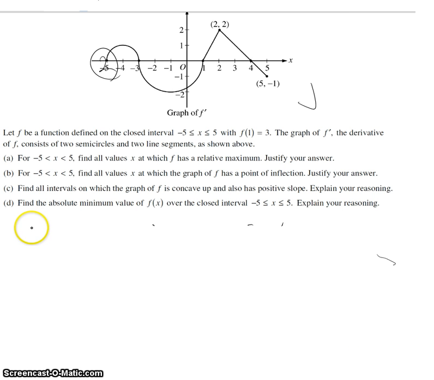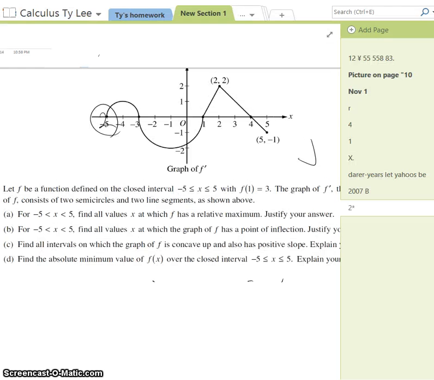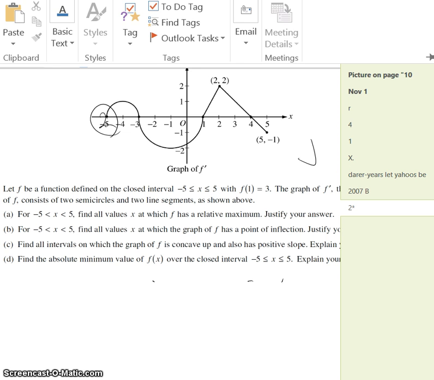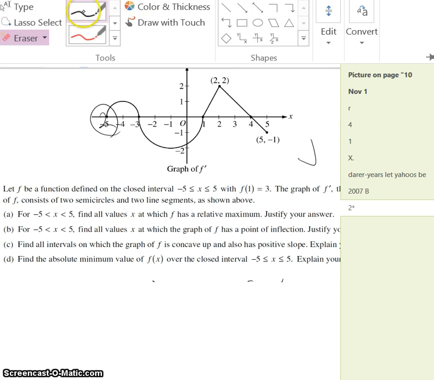meaning whenever they ask me about a relative maximum or minimum, I get to think about an x squared graph that has a minimum, and when you flip it over, you're going to have a mountain, which is negative x squared, and that has a relative maximum at x equals 0, right? Because when you plug 0 in,